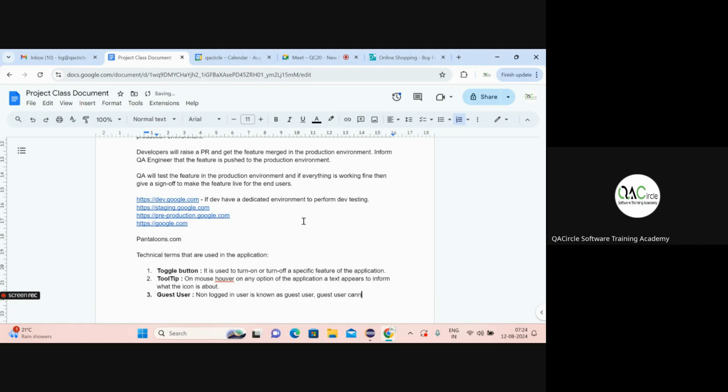A guest user cannot use all the features or options available in the application. Right, as I gave you the example, without logging in to the application, you will not be able to place the order. So it's as good as not being able to use the place order feature. Correct. So that way, a guest user will have certain limitations, whereas a registered user will have all the options to use that particular application. Right. So the next thing is